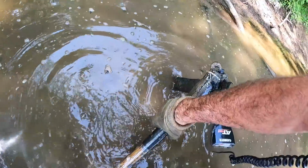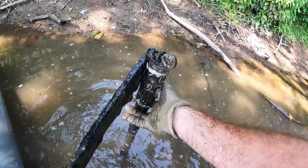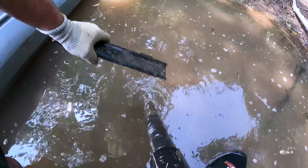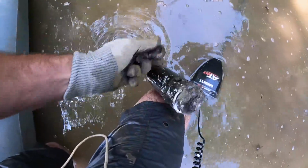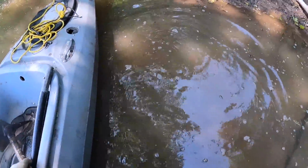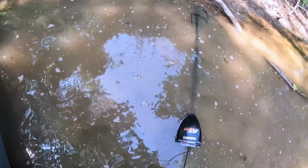Well, this place is absolutely paved with iron, which probably is a good sign because that means we might find some stuff. I'm getting iron signals, and I just stuck my magnet down there, and this is what I found. Go ahead and take this stuff out, and we'll just start piling it in the boat for now, as much as we can. It might be too much in here though. I want you to listen just real quick so you know what it sounds like, and I promise I won't make you listen to this all day, but